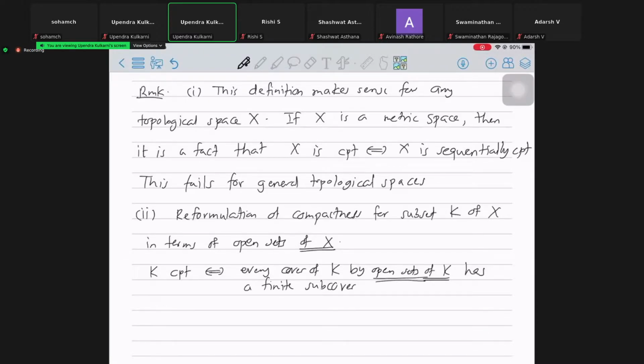But balls of K are really just balls of X intersected with K. So to take a union of balls in K is really the same thing as saying take the union of the corresponding balls in X and intersect that with K. In other words, open sets of K are really just some open sets of X. Let me start that sentence again. Any open set of K is of the form open set of X intersected with K, and vice versa. Which is to say, if I take an open set of X and intersect it with K, then I will get an open set of K. Okay, so this is to say